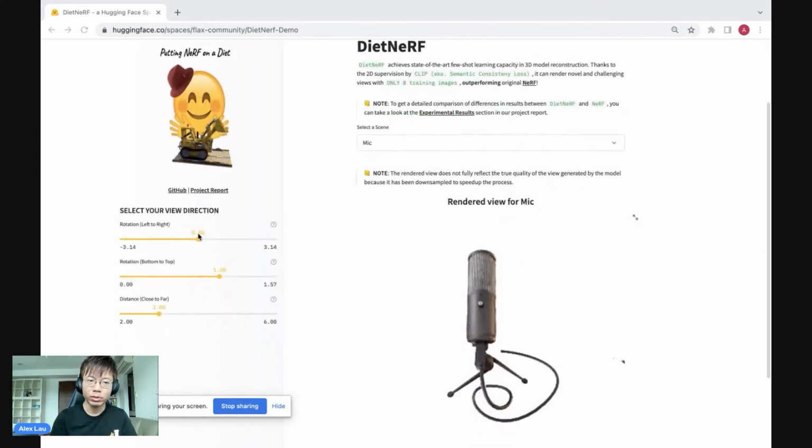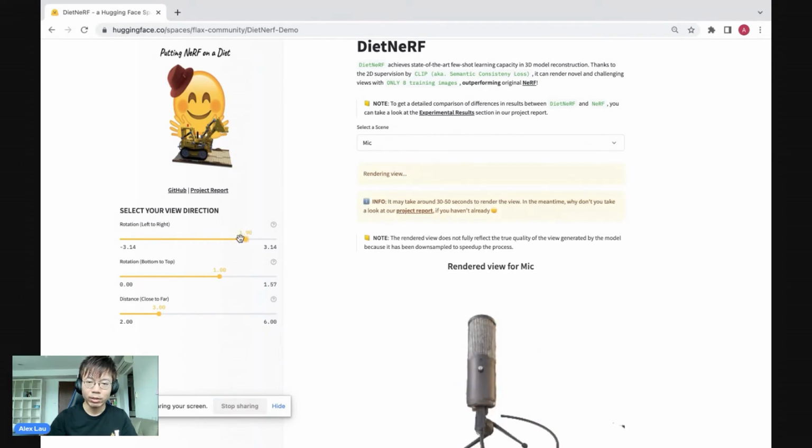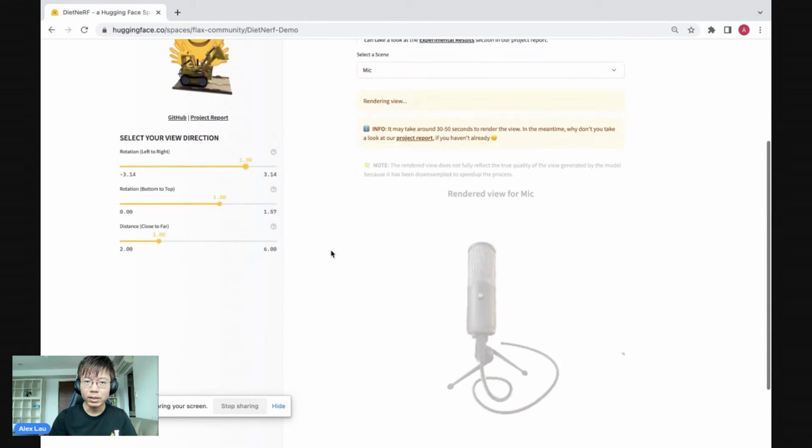In this case, it's a microphone. Let's say for the rotation, I can adjust whether I change my viewing from anti-clockwise or clockwise. In this case, let's try to view it anti-clockwise a little bit. Luckily,